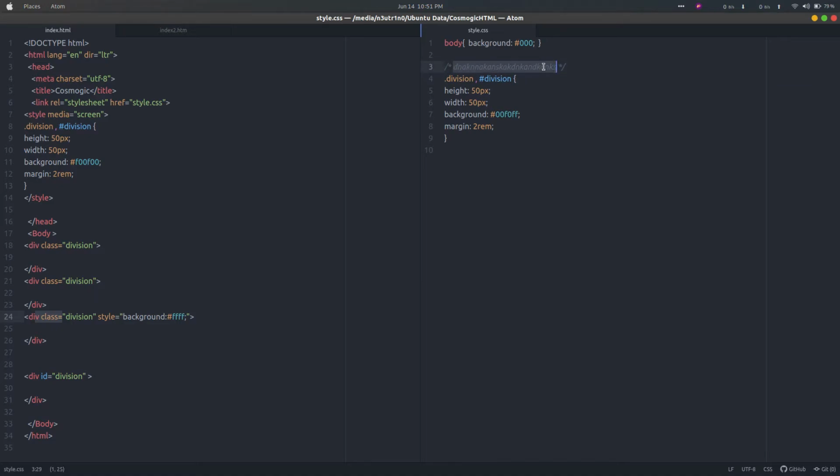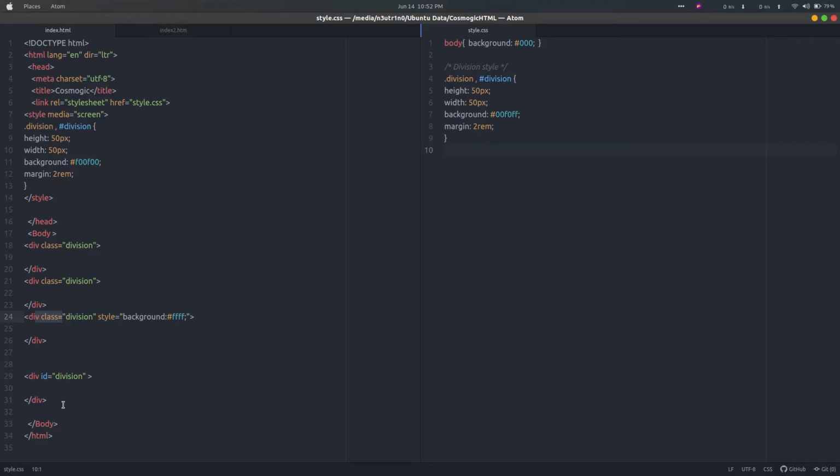This is the commenting style in CSS. So if I want to define a division style, we will use this and give the idea that this is a division style. We start here.